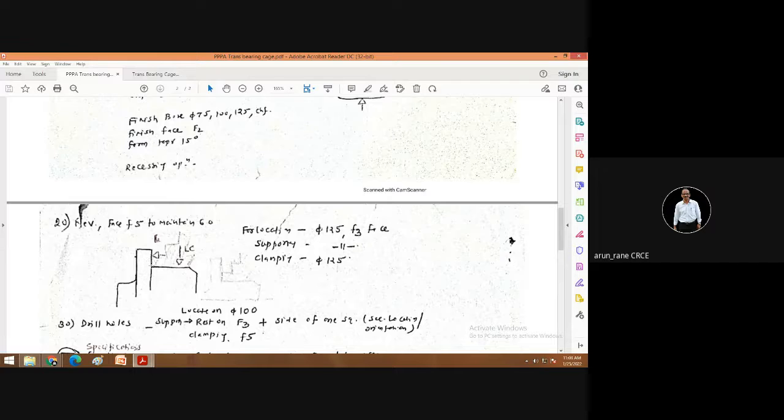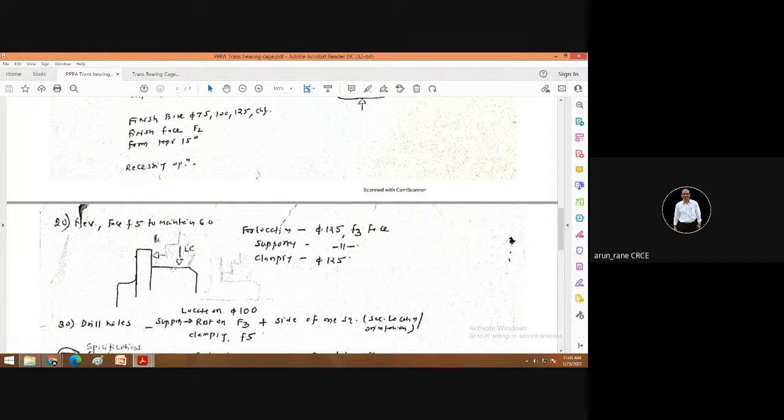So here, what are you doing now? You are locating and clamping on this. This surface is already turned, okay, to the diameter 125. So for location, you are using 125 on the diameter, and see, you need to have one more support. So how much to insert? How much your job will go inside the jaw, it needs to stop somewhere, right? So that is this face. Okay, so this is location. This is your location as well as clamping.